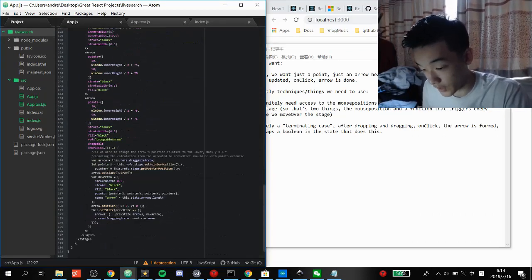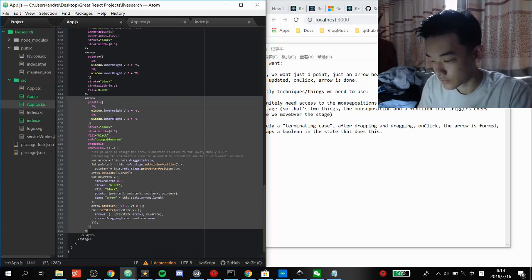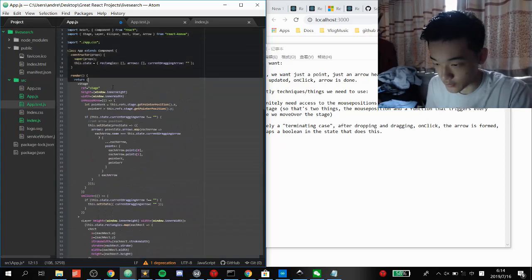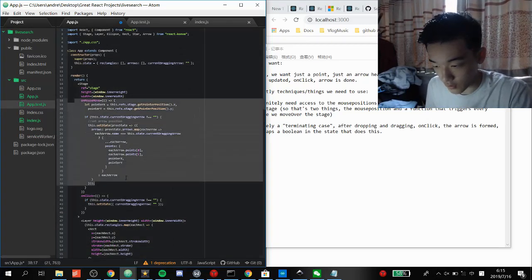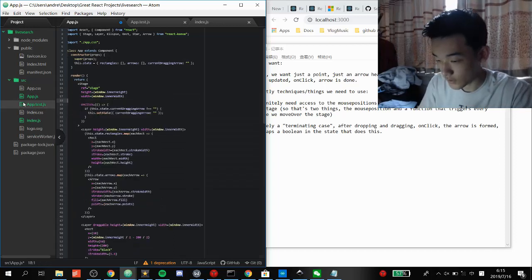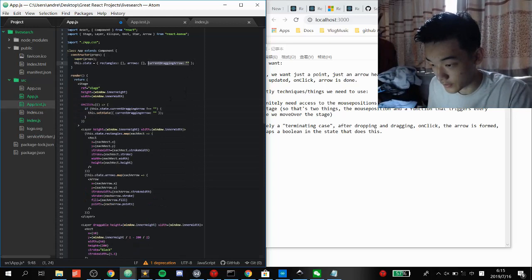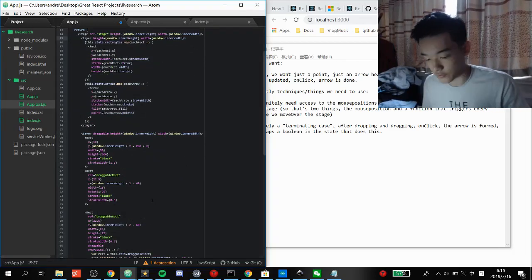So I kind of forgot what the new edits I made were. But I suppose that I didn't have this whole arrow thing, and I suppose I didn't have this on mouse move thing, so I'm going to delete this part. And I didn't have this state thing. So those are the things that we will be making. This goes to here. See, no more. Okay. So if I save this right now,